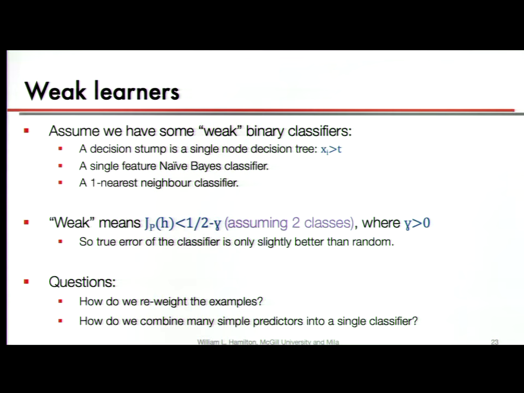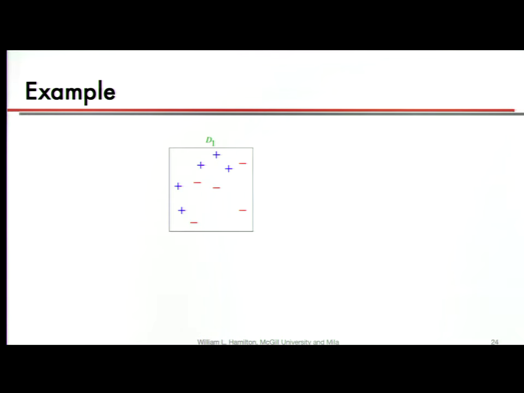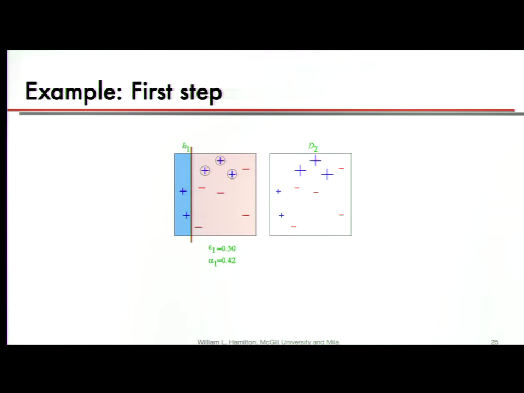And what we want to do is have some way of taking a whole bunch of these seemingly very weak classifiers that are just slightly better than chance and ensemble them in some way so we can actually end up with a very good classifier. To show you an example of how this idea works, suppose we have our simple training set shown here, where we have our blue positives and our red negatives. Now, we train a very simple decision stump, where we're just making one threshold and saying, okay, everything to the left of this is positive, everything to the right is negative.